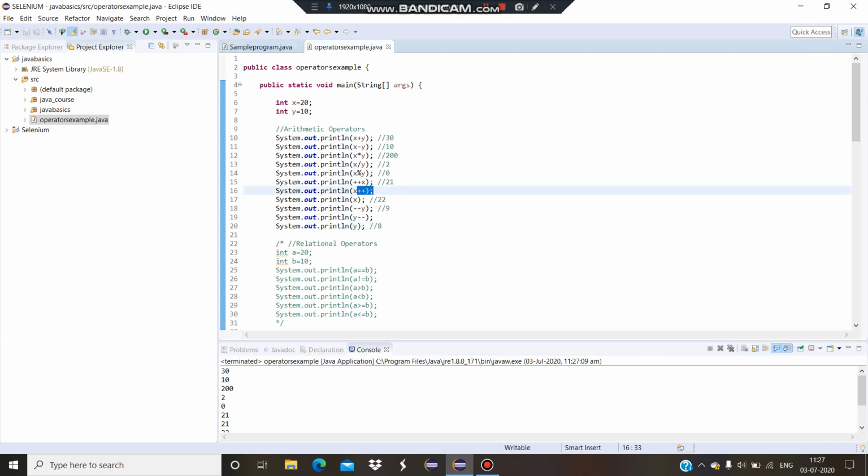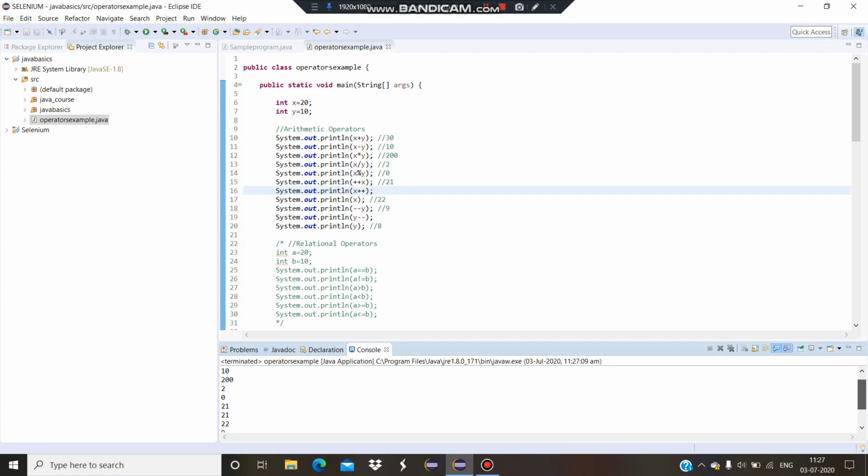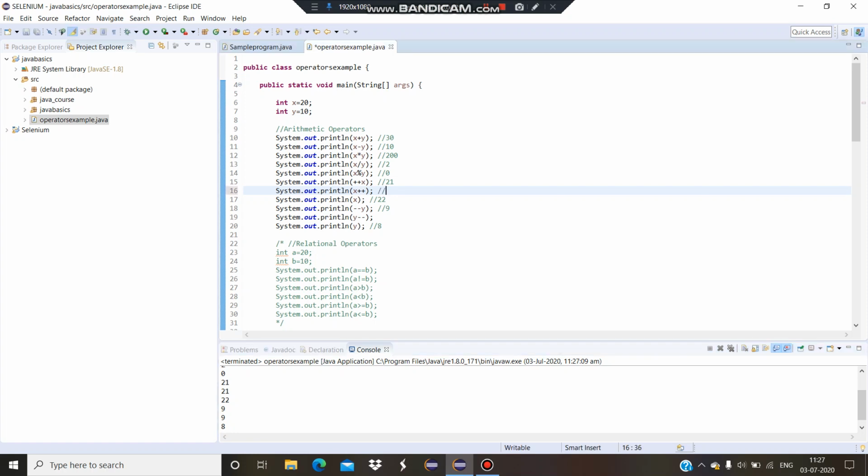The 21 is printed as it is because it is a post-increment. It prints the updated value in the next statement only, so in the next statement it is printing 22, and similarly for the decrement operation, 9, 9 and 8. So here the output would be 21 and here the output would be 9.